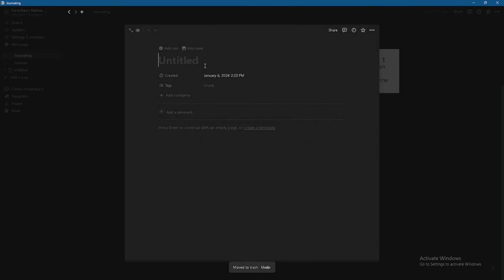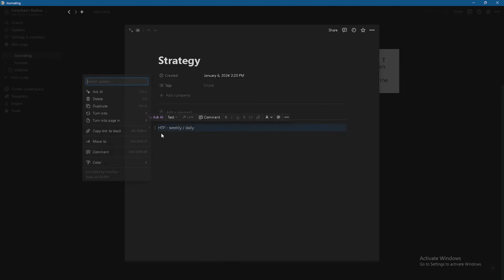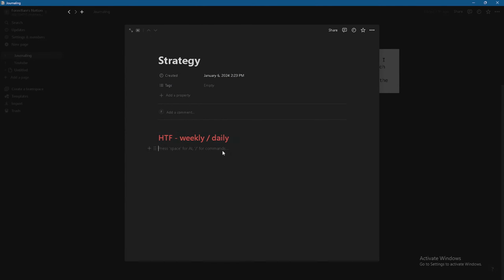Okay, so what's my strategy I'll be backtesting? What I'll be doing is on the high time frames, like weekly and daily. This is a heading. First of all, turn into a heading. Okay, so on higher time frame, what I'll be doing...